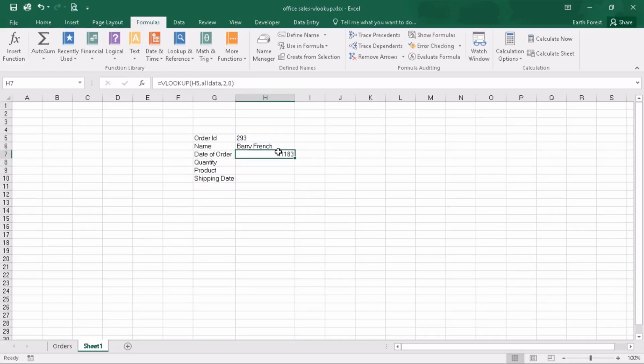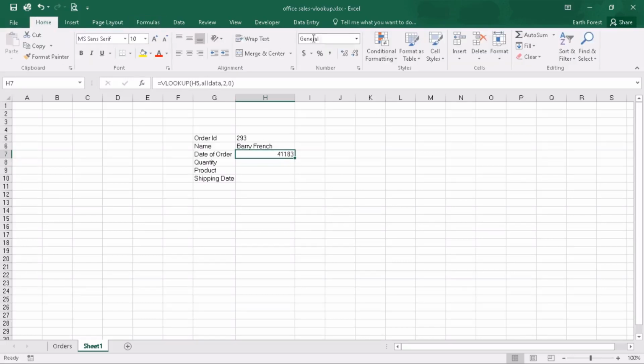So this has come, it looks like a number, and that is because this cell has to be formatted as a date. So we can just head home and go to this drop box, and choose short date. So this is our date. Okay, so this was the date on which the order was placed,